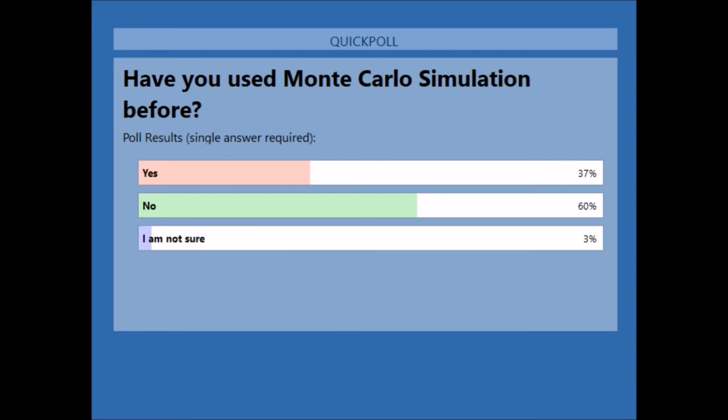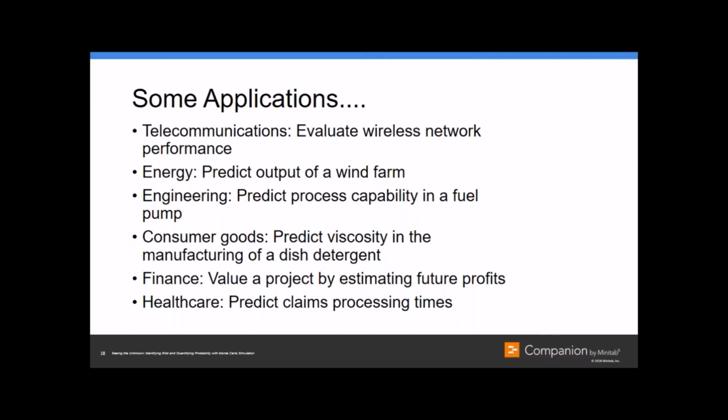See, and it looks like we have about 37% yes, 60% no, and 3% I'm not sure. Excellent. Great. Okay. So like I said, I think that was a good example to get introduced